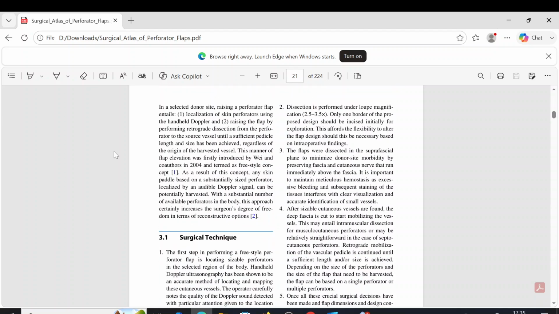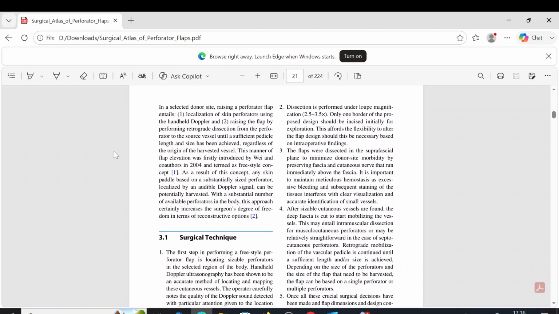Dissection is performed under loupe magnification, 2.5 to 3.5 times. Only one border of the proposed design should be incised initially for exploration. This affords the flexibility to alter the flap design should this be necessary based on intraoperative findings.